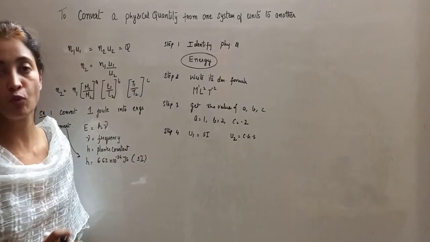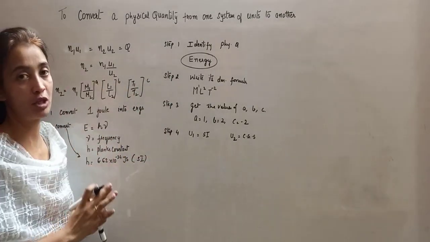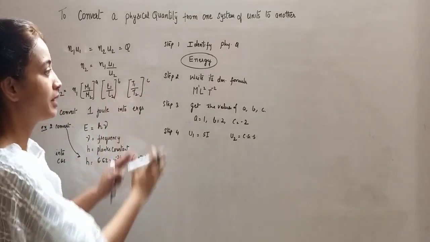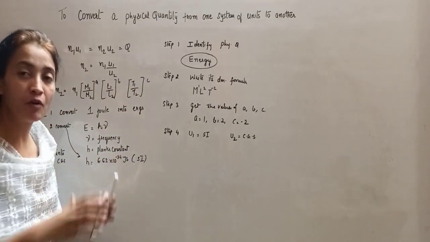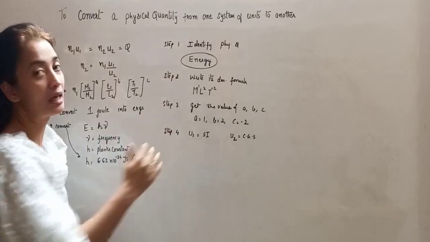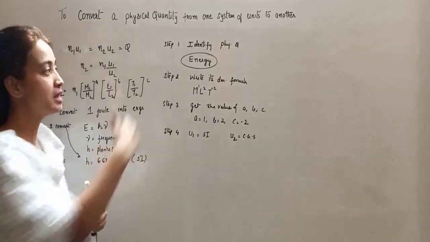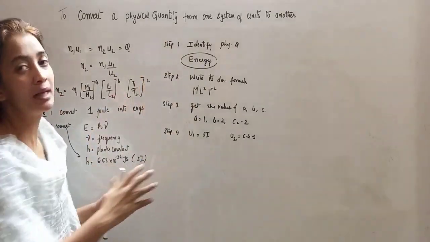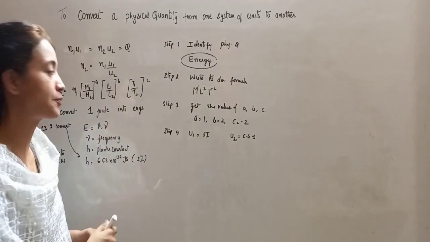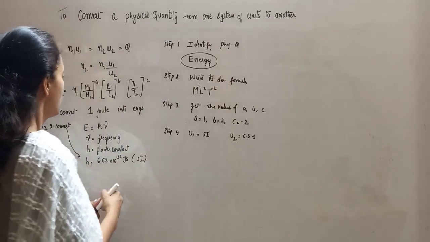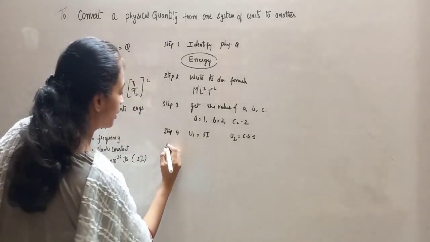Once I follow these 4 steps for any type of question, I will not be stuck anywhere, systematically. And once you are very well versed and have practiced, you do not need to write this separately. You can do all of this mentally, performing these steps in your brain without writing in the copy. But in the initial stages, you can write it down. So let us put directly into the formula now.